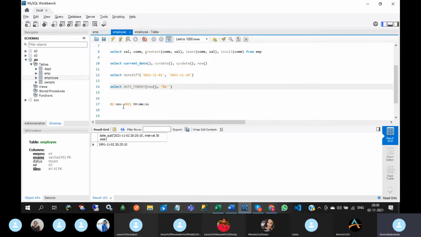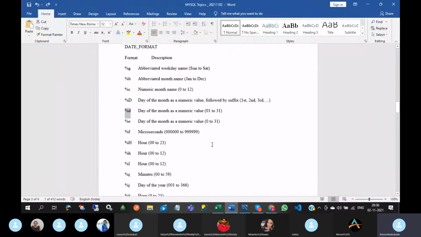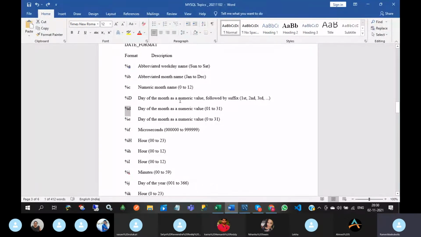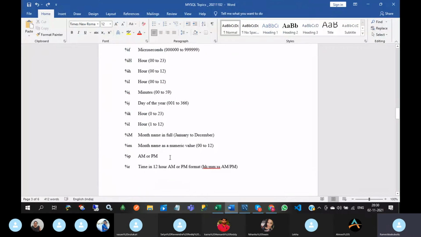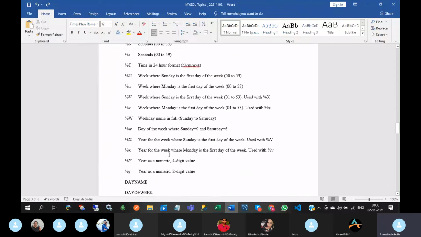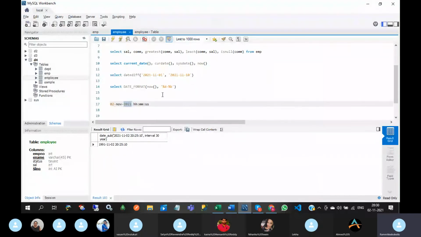After that, NOV, that means I want to display the month name. See this small b, month name, so percentage b. After that 2021, the year, which is 4 digits. That means percentage capital Y.